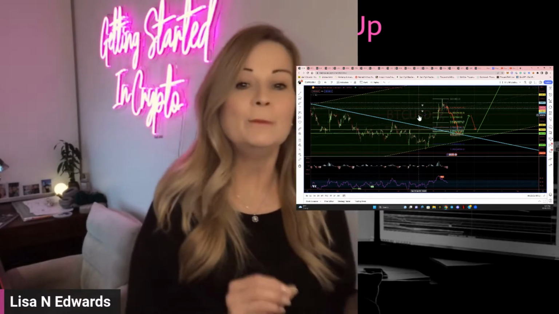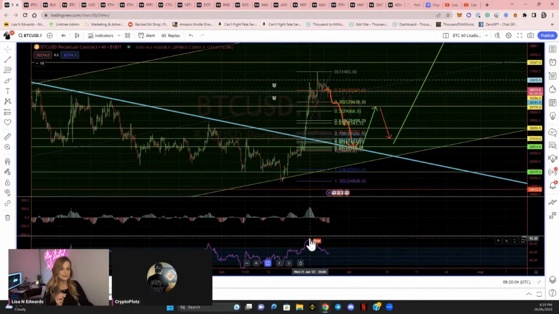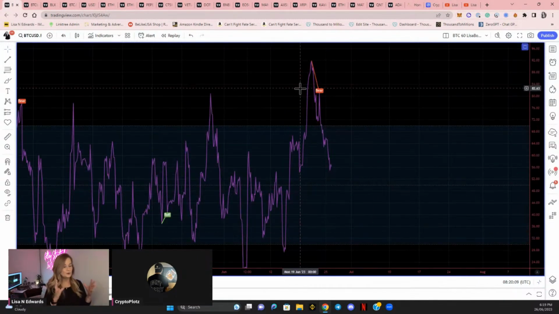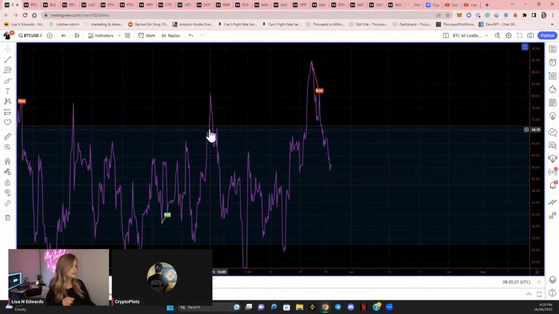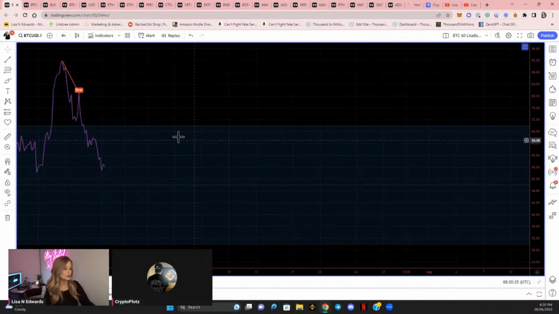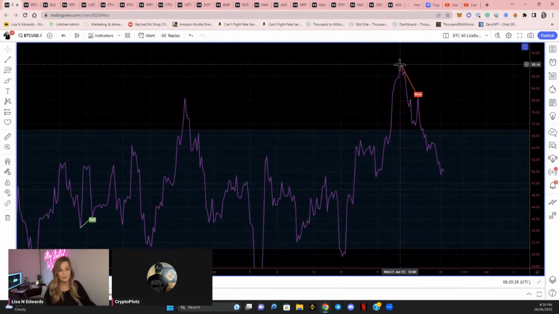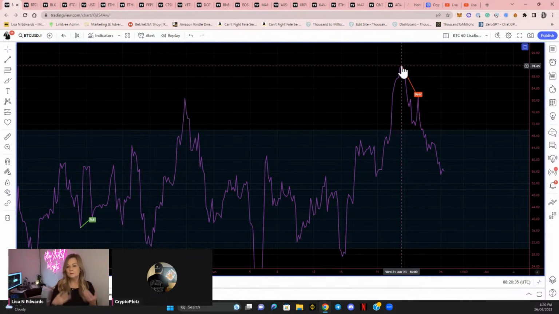So if we jump into this chart, I'm going to pull up this RSI. This is called a divergence indicator. It's a really cool RSI on TradingView. You can just add the divergence indicator, and you can work out whether we're bullish or bearish divergence. This is the 4-hour chart, and we can see that we've got strong bearish divergence on this chart. We got up to almost 92 on the RSI, which normally means we're going to see